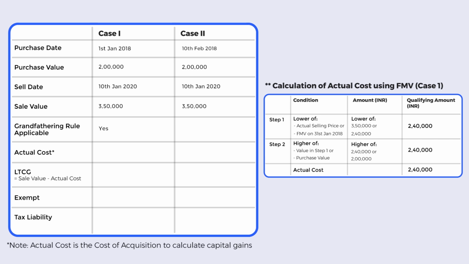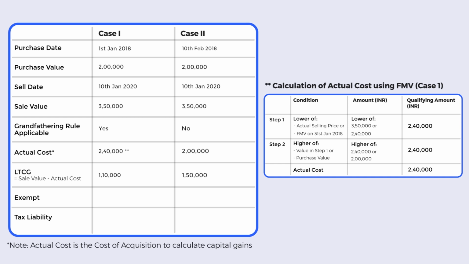In case 2, because the shares were purchased after 1st February 2018's budget announcement, the grandfathering rule will not be applicable and the FMV will not be considered. Considering STT is paid, the indexation benefit is not available. To calculate the LTCG, we will subtract the actual cost from the sale value, which will be 3,50,000 minus 2,40,000, making LTCG 1,10,000 in case 1, and 3,50,000 minus 2 lakhs, making LTCG 1,50,000